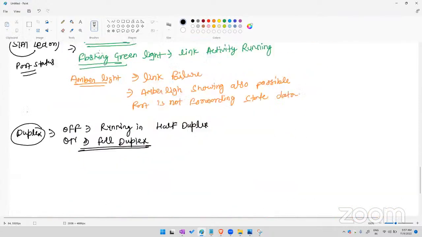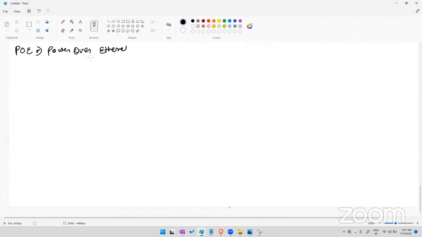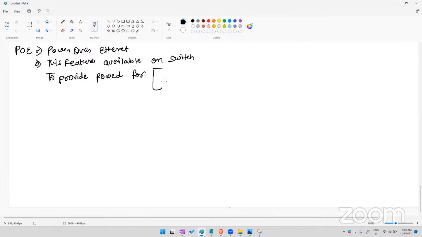Power over Ethernet. This feature is available on a switch to provide power for which devices? Access points, IP phones, cameras, and security devices. If you're having door security and other devices,